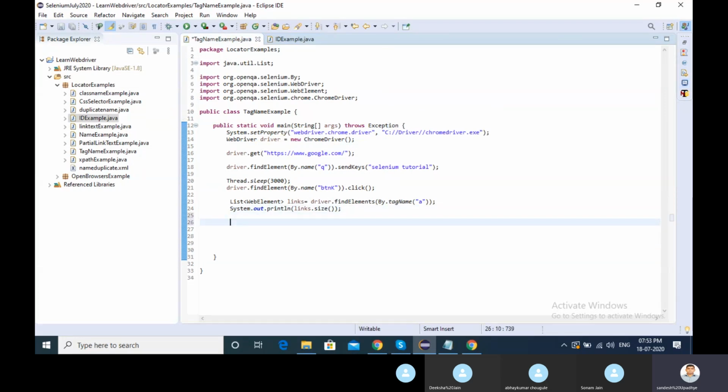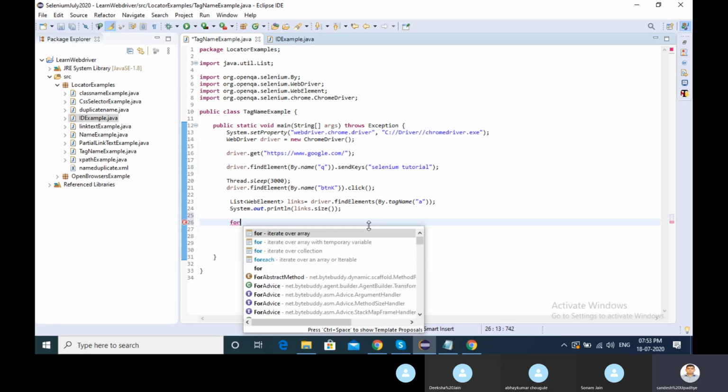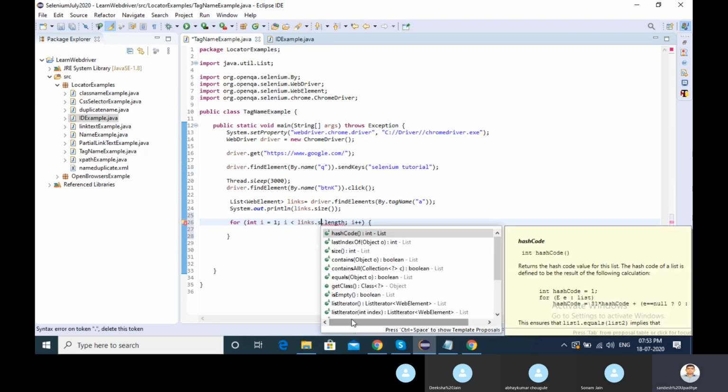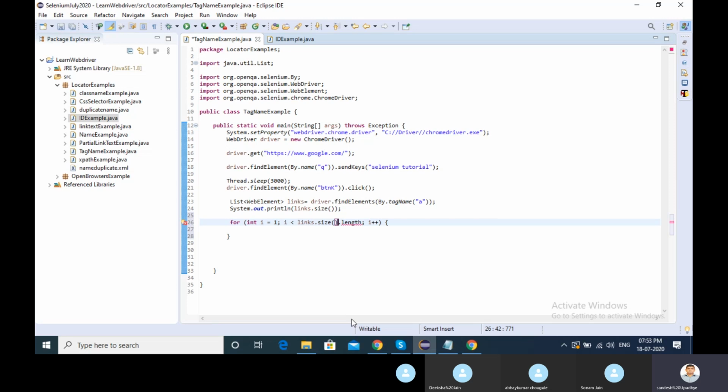Let me do it another way. If I want to print everything here, go with a for loop and iterate. Integer i equal to, at the initial level, first, then i less than links dot size. I have that size, and then i equal to i plus 1.